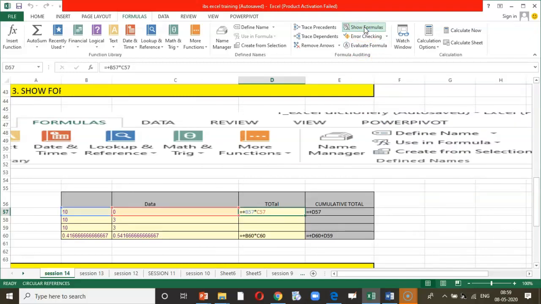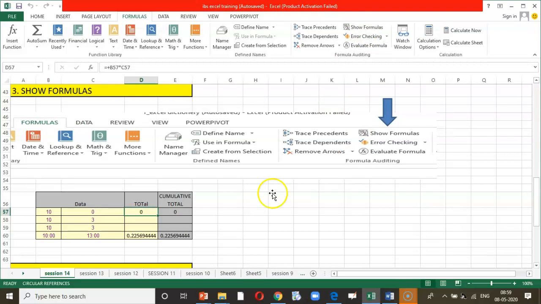So you can see here that is show formula, and as soon as I click and cover the data, you would have observed that the formulas are visible now. So with the help of the show formula, you can check whether the formulas are correct. If they are correct, then you can copy it to the next cell so that the errors are not carried forward to the next cell. So this is a very important tool if you want to check error in Excel. And this displays all the formulas.